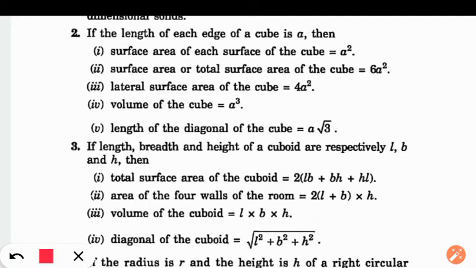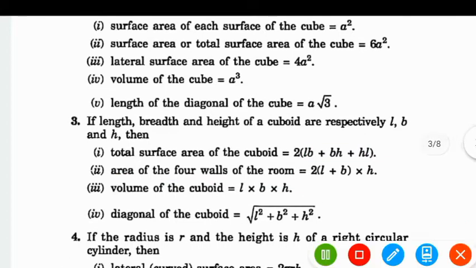Okay. Now point number 2. The area of 4 walls of the room. Right. So what is the formula to find the area of 4 walls? So if we exclude the roof and the floor, right, so we will have 4 walls. So to find the area of those 4 walls, the formula is perimeter into height. Perimeter of the rectangle into height. So what is the formula to find the perimeter of the rectangle? 2 in bracket length plus breadth. So 2 in bracket length plus breadth into height gives you the area of 4 walls.